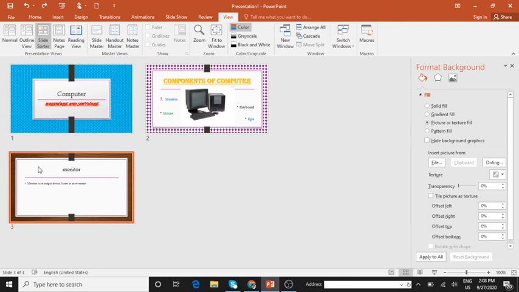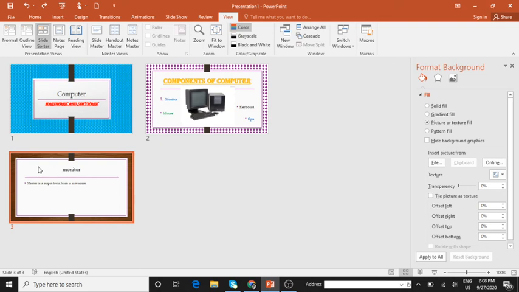Then enhancing the look of the presentation, inserting pictures, paragraph spacing, modifying the themes, specifying alignments, and deleting a slide. So till here we have understood what it is exactly and how we do it.